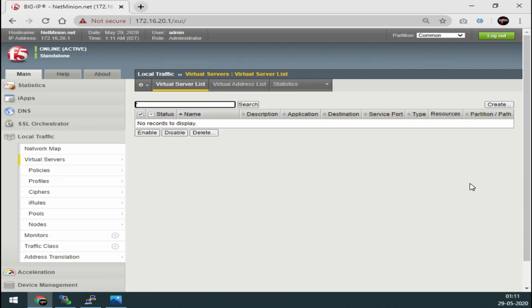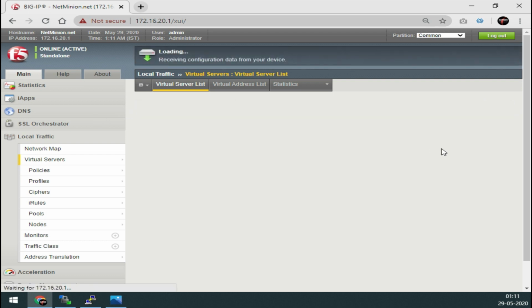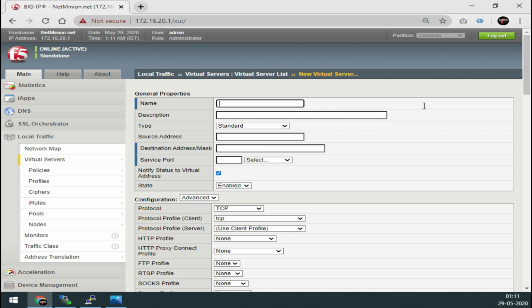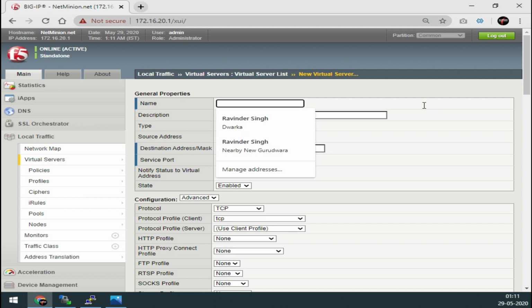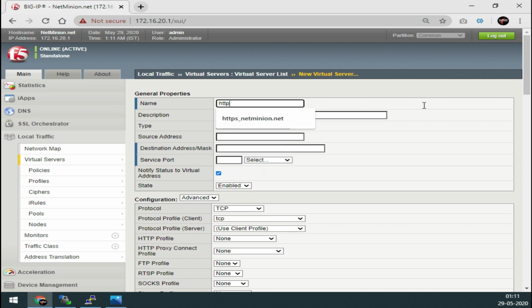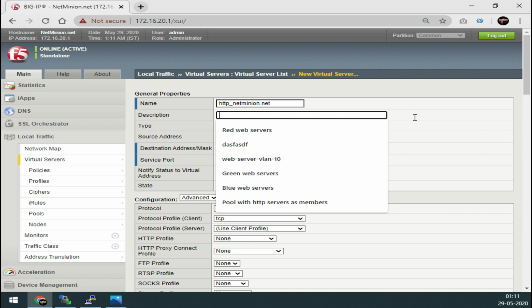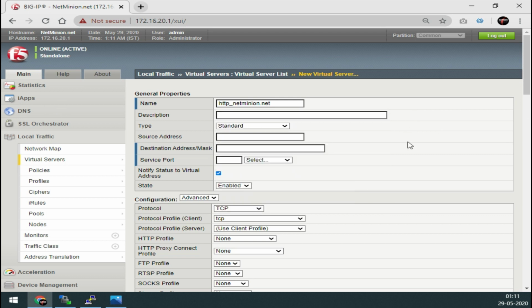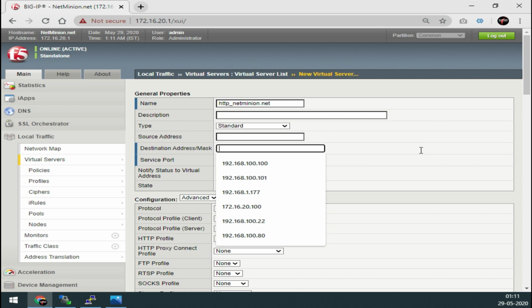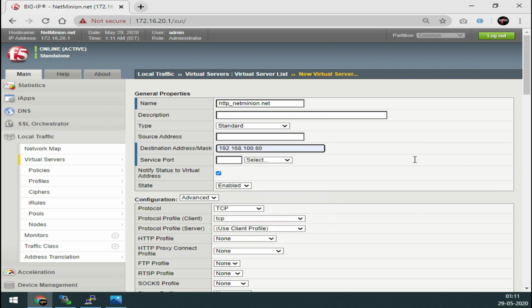Let me create a virtual server, and this time I am creating the virtual server over HTTP. I'm not giving any source IP address, it should be default, and let me take 192.168.100.80 this time, because I am using port number 80.